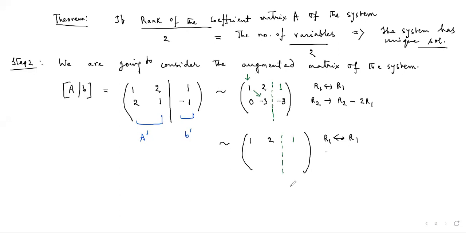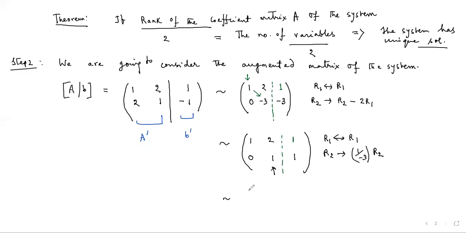For this, what operation am I going to apply? I'm going to multiply the entire row R2 by 1 by minus 3. So we get 0, 1, and 1. So this element is the new pivot element now. Above this element, there is an element which is 2. We will try to change the element 2 to 0, because